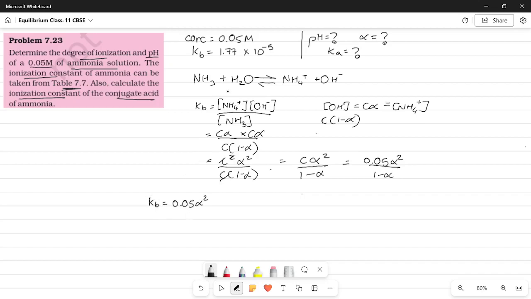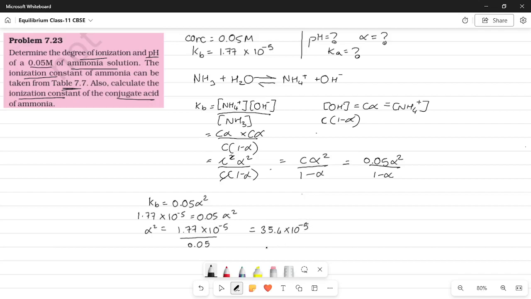Okay, and we know the value of Kb is 1.77 into 10 to the power minus 5. So you'll have 1.77 into 10 to the power minus 5 equal to 0.05 alpha squared. So alpha squared will be equal to 1.77 into 10 to the power minus 5 divided by 0.05. Now the next step is to divide these two, right? So you'll be getting 35.4 into 10 to the power